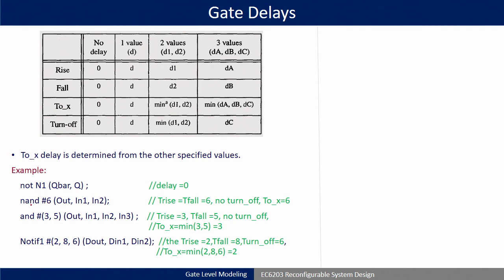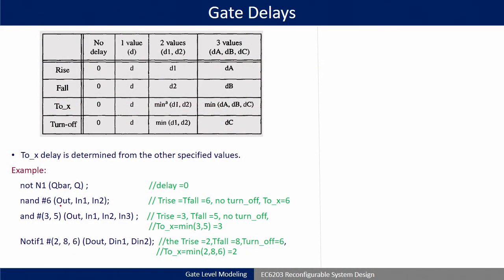Okay. So, if I have written this line of syntax or code, then you have to assume that this NAND gate has a rise delay of 6 time units, fall delay of also 6 time units, and the transition delay is also the same, d. So, that is also 6 time units. Understood? But the turn off delay is 0, that means there is no turn off delay, because a NAND gate will always either give 0 or 1 depending upon the inputs, or it will give an unknown value x. It will never attain a Z state, it will never attain a high impedance state. So, that is why there is no turn off delay.